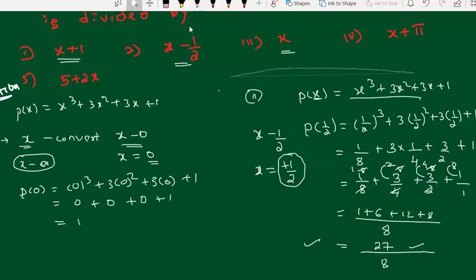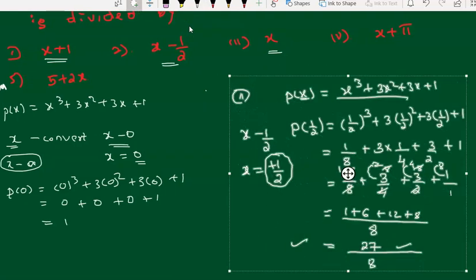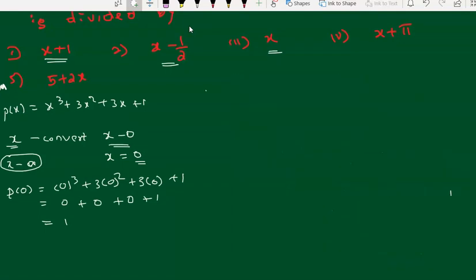I hope you copied this also. Okay, let's begin. Let's divide the same polynomial p of x with this now. Okay, x plus 5 we have. I hope you can do this. You'll get minus 5 for a, so I'll skip this; you can do it for your practice. I'll take this now: 5 plus 2x.